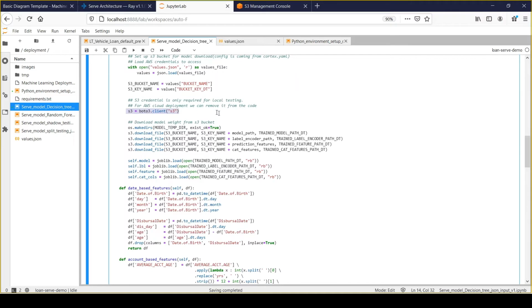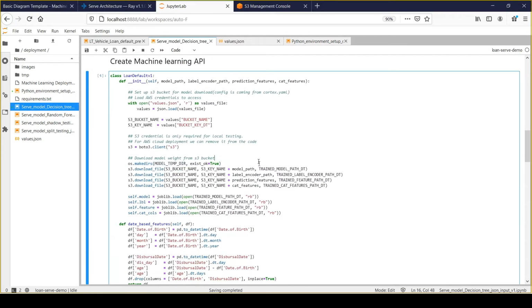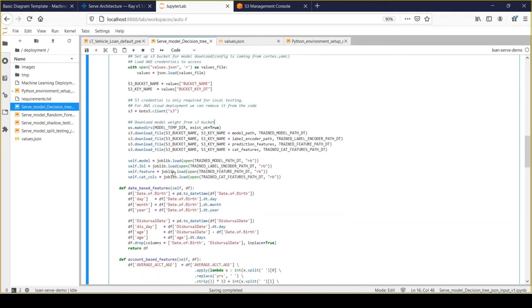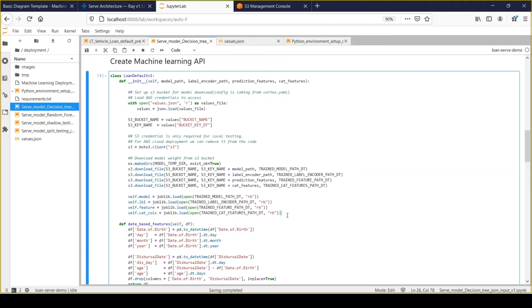And next step, I am connecting to S3, and now we are downloading from AWS S3, and it would be stored under the temporary directory. So whatever we have created here. Okay. And after that, we will load the model artifacts. So here I am simply loading all the model artifacts so that we can use them within my ML API, because it would be loaded only once, and that's why we have defined this as a part of the init function.